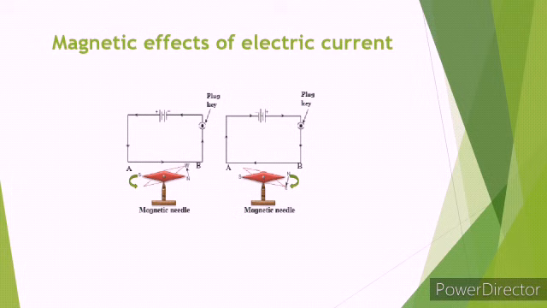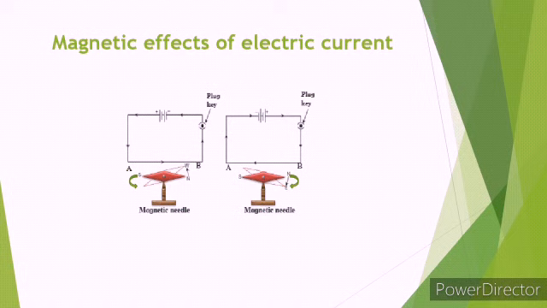As per this experiment, if we make an electric circuit by joining a straight wire AB connected to a battery and a plug key, then place a magnetic compass needle adjacent to the wire AB. Keep the needle parallel to wire AB. When we keep the plug key open in the circuit, we cannot observe any deflection in the magnetic needle.